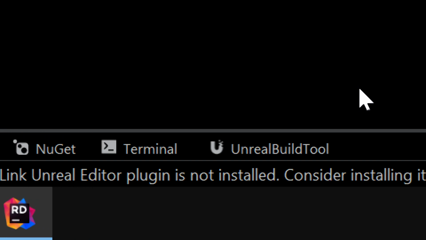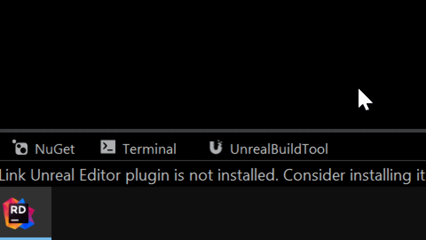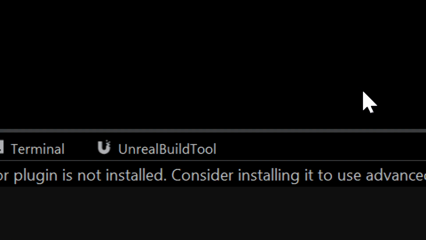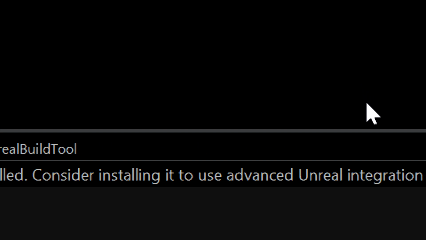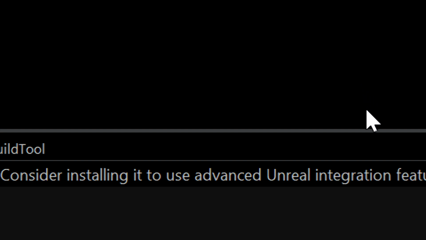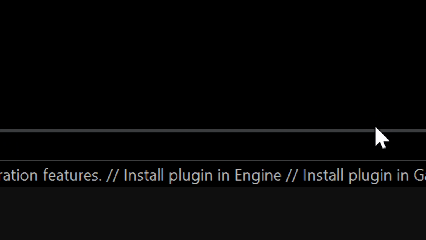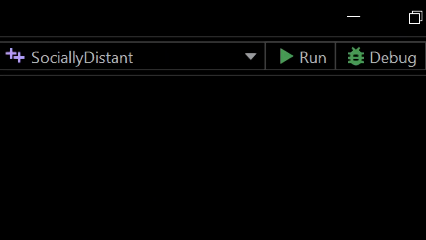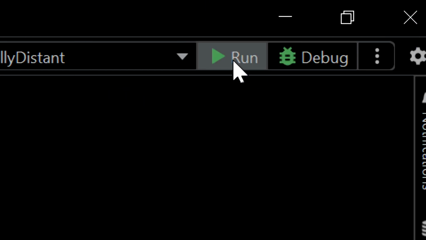The Rider link Unreal Editor plugin is not installed. Consider installing it to use advanced Unreal. Okay, whatever. We shouldn't need that to get to the point of compiling the game. So we'll hit run,